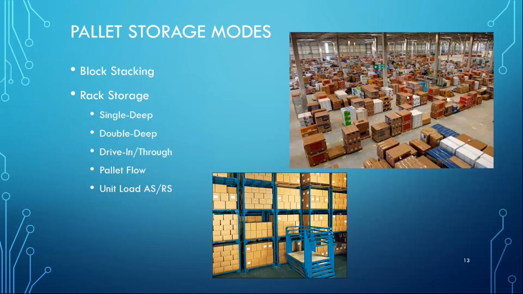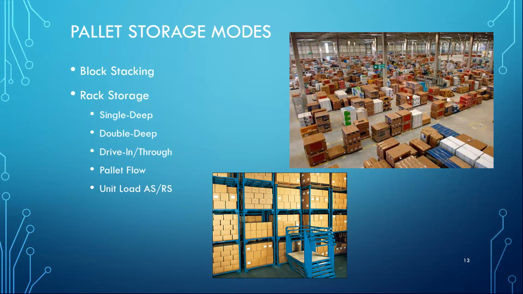Inventory or items can be stored in pallets, boxes, or as individual items, and the pallets themselves can be inside containers. So pallets can be stored either by being stacked over each other or stored on a rack. Once we receive the container, we take the pallets and we can store the pallets as is, stacking over each other